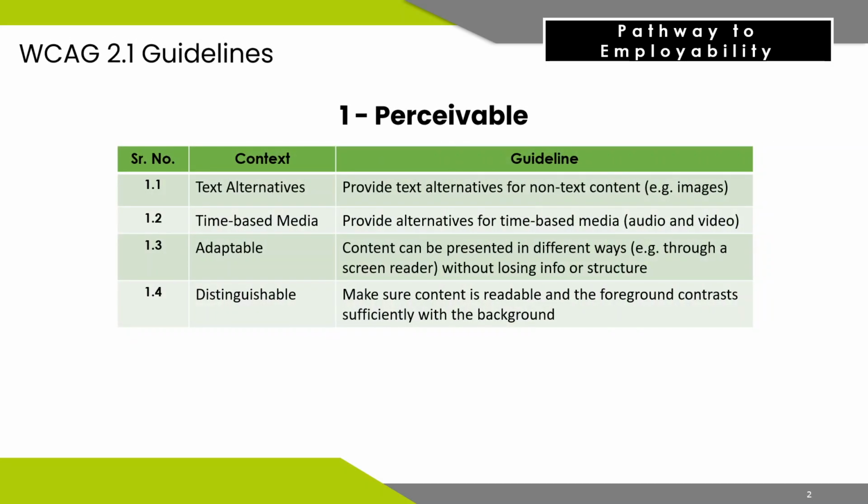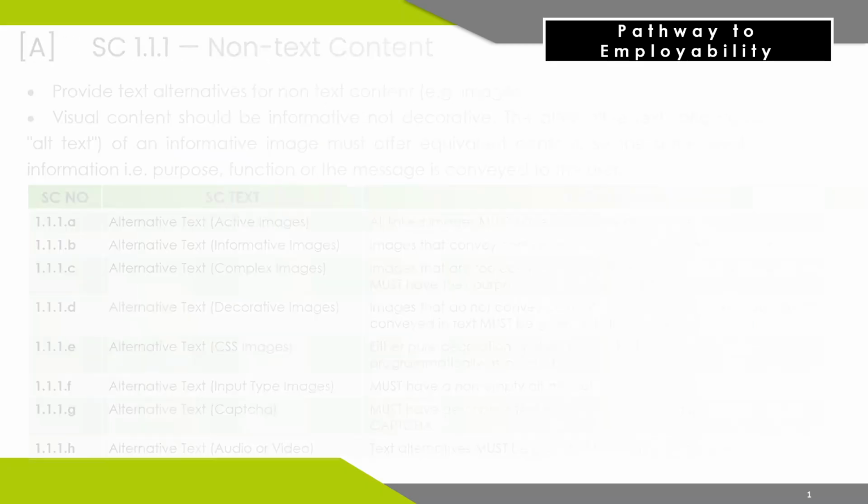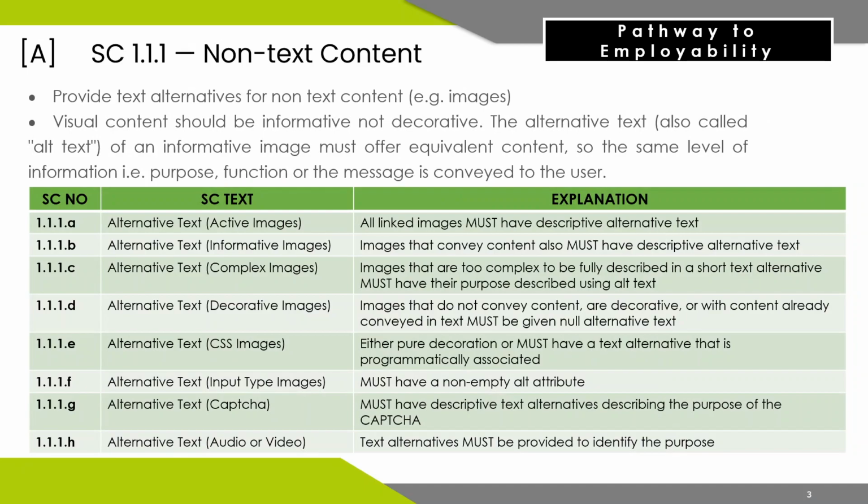Information and user interface components must be presentable to users in ways they can perceive. Reference: www.w3.org/tr/WCAG21, Perceivable. The requirements for success criterion 1.1.1 are: